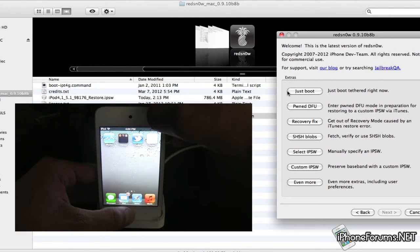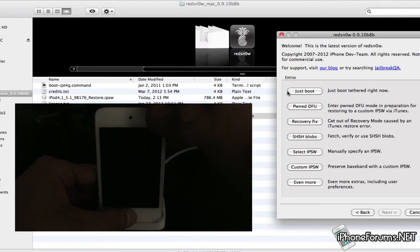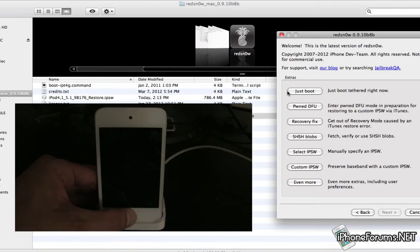So let's go ahead and do DFU again. Hold down your home and power button until your iDevice shuts off, and then continue holding the home button down. So we'll go ahead and do that. And now I released my sleep button. I always wait 1 or 2 seconds after it shuts off